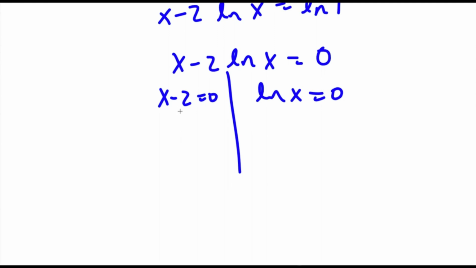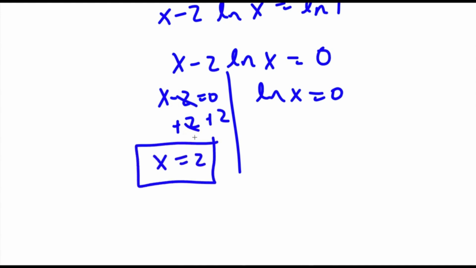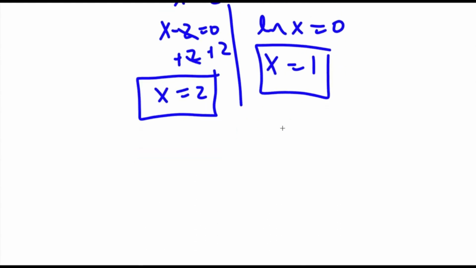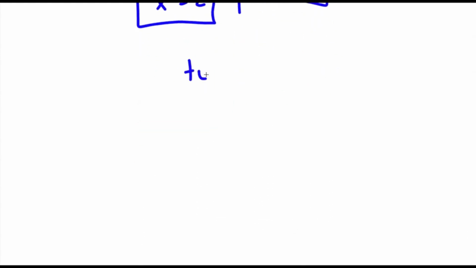For x minus 2 equals 0, I can simply add 2 on both sides. So these two cancel out, and I'll be left with x equals 2. So this is one solution. Now for ln x equals 0, x is equal to 1. Alright, so now to check,